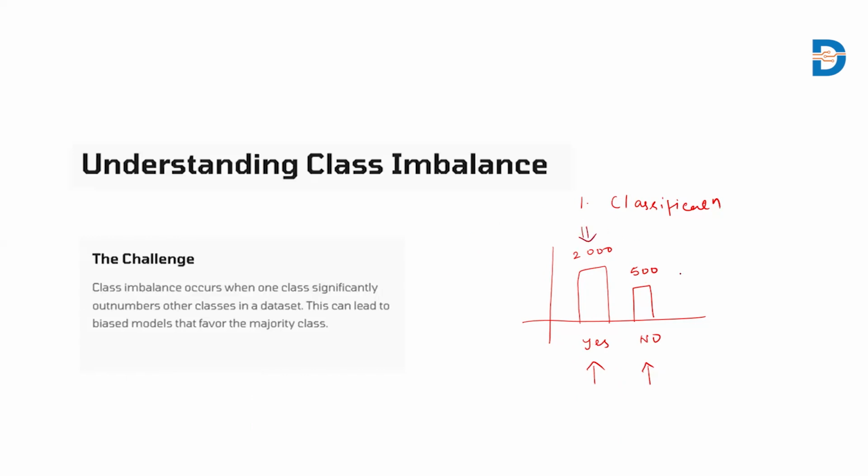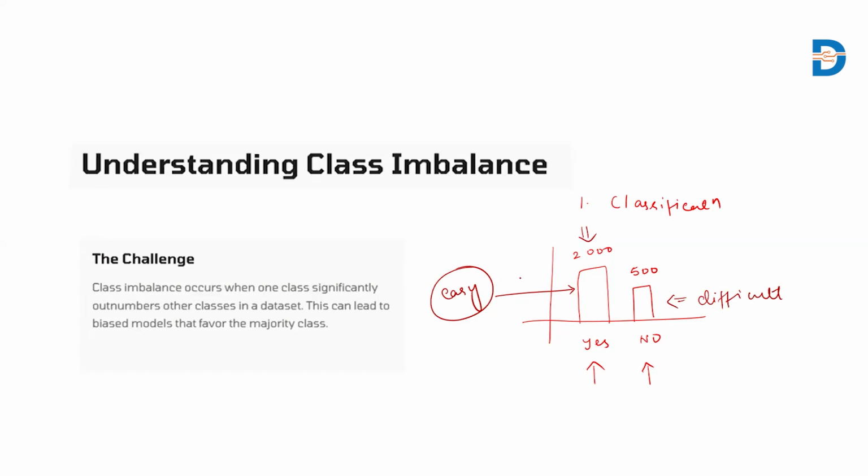When such things happen, the model is fed more of the yes class data, and it is easy for the model to classify attrition yes records over attrition no records. It's a simple understanding. Whichever class information is given more to the model, the model will be exposed to that class data more, and it is easy for the model to classify a new data point to the information which is provided in a larger way.